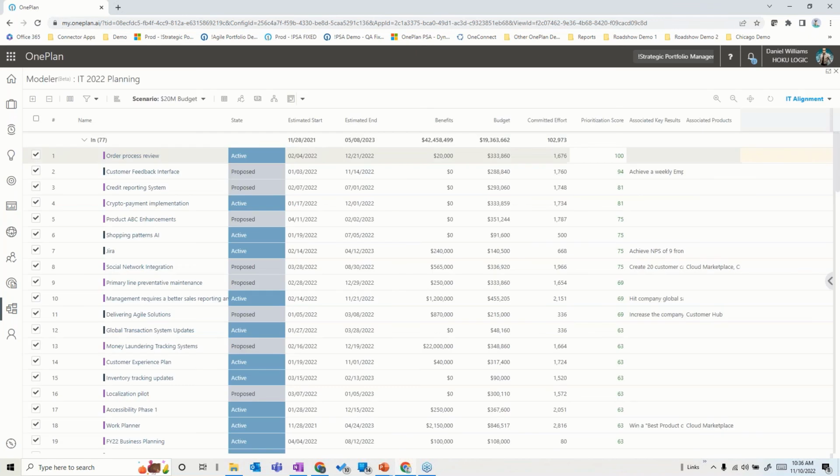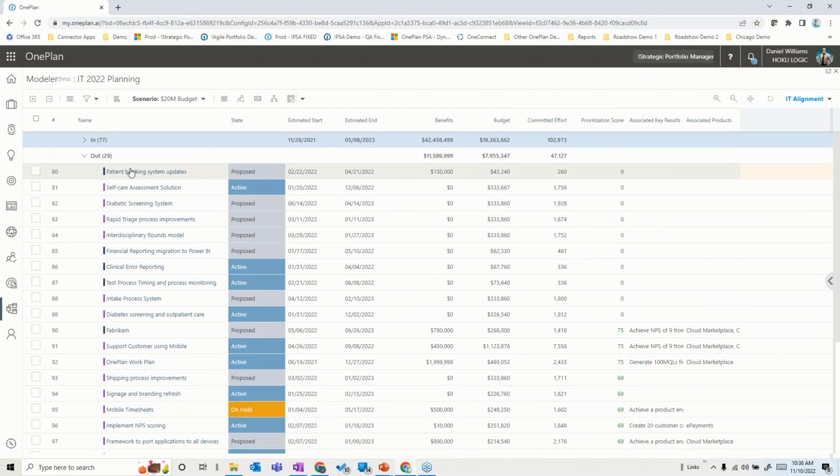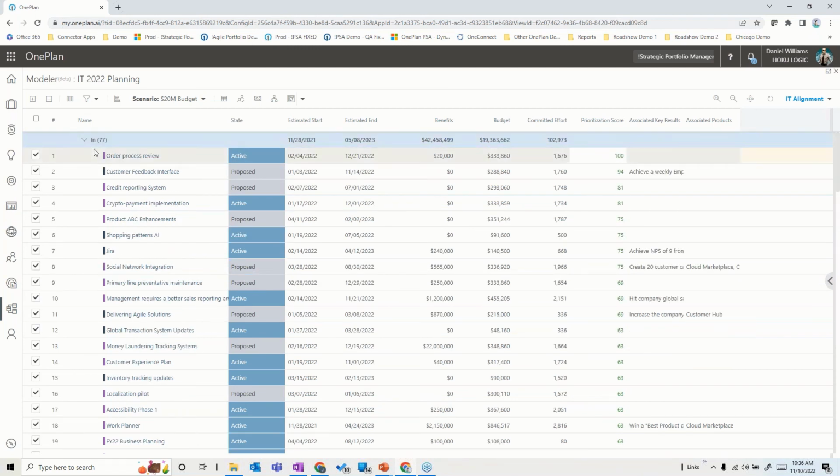In this scenario, I'm not going to go through it from scratch, but you can select the projects that go into the model by criteria. In this particular case, what we found out through selection and deselection is that the projects in here, the ones that don't make the mix, whether from prioritization or from force ranking and selection, are basically saying these are the projects that we can get done within this $20 million budget. Here we're just at 19 point something underneath that $20 million budget. And the key there is that you can set different criteria, which I'll show you in a second, as we try to fit within those budgets.